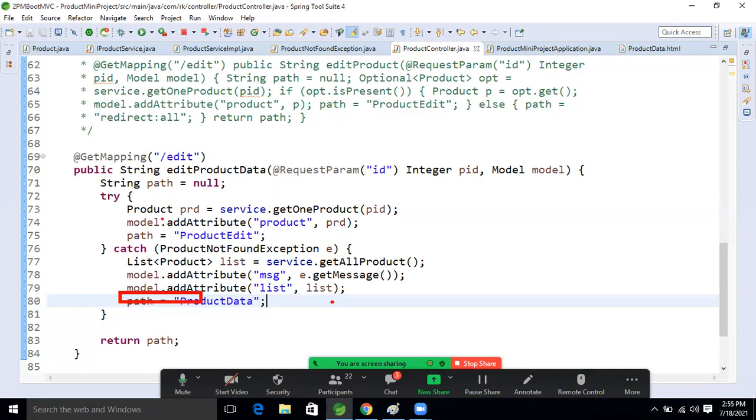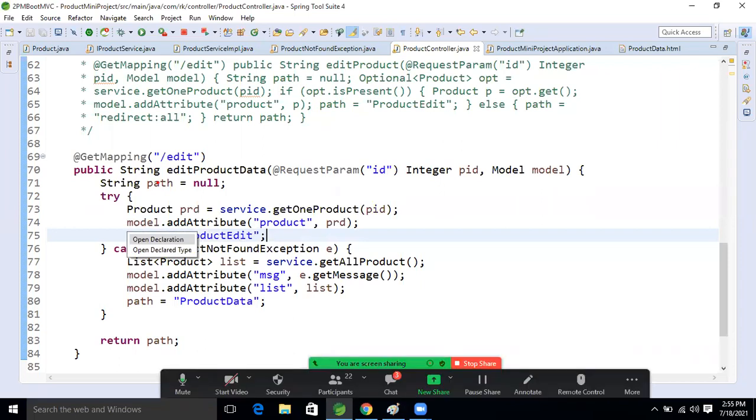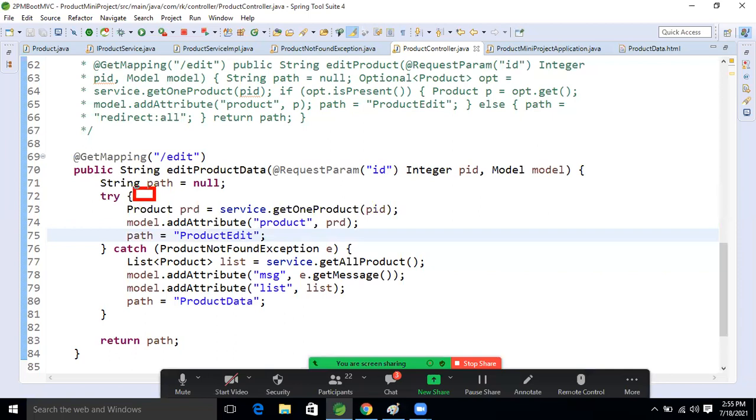So I'm returning the product. If this block executes successfully, what will our application hold? Just think about that.